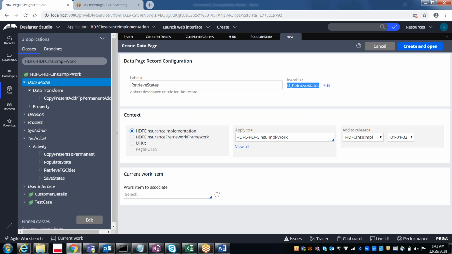But this time you see here, along with your label, it is coming with d underscore. That means a data page must always begin with d underscore. So d underscore retrieve states is automatically prefixed. Even if you edit the name and delete d underscore and say okay, now if you select create and open,